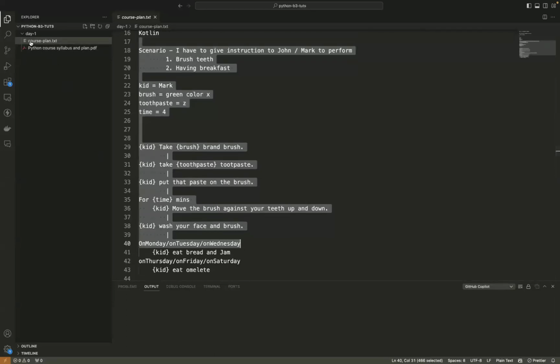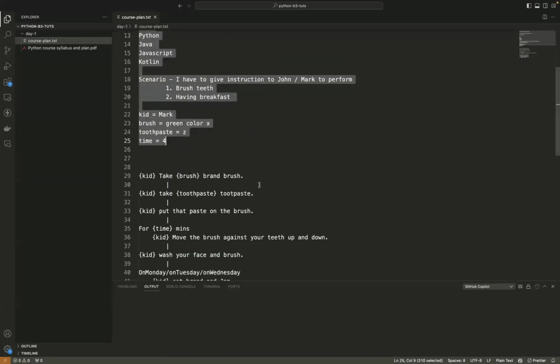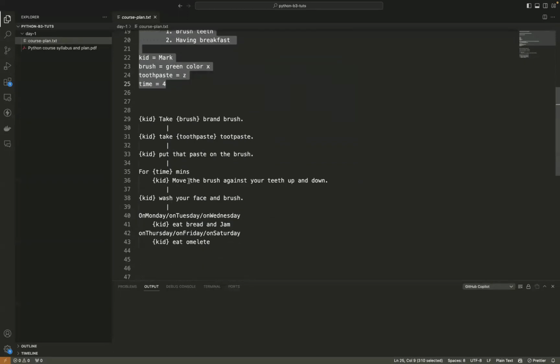If you observe the file name, all these lines are actually stored in a file called course-plan.txt. .txt is an extension that denotes it is a text kind of file.